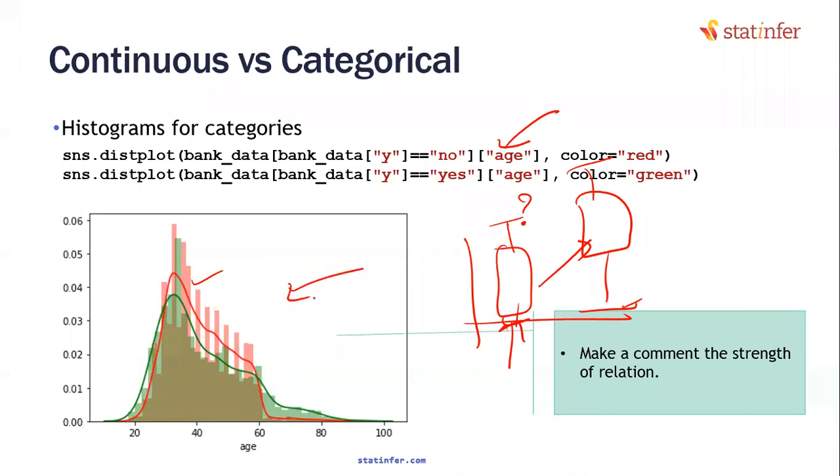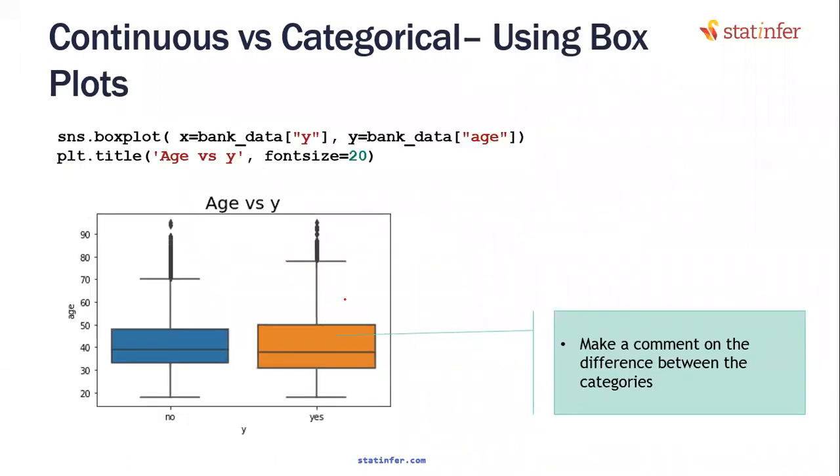If the point is not coming from here, what I suggest is, for segment 1, take people who haven't purchased: what is their age, and for people who have purchased, what is their age. I can see the minimum value of age, the minimum value of the same. Let's say 50% are falling here, 50% are falling here. Let's say out of overall 10,000 customers, 5,000 customers haven't purchased, 5,000 customers have purchased your insurance product previously.